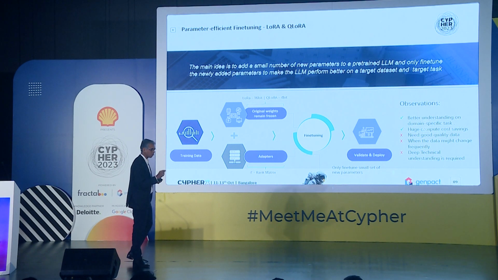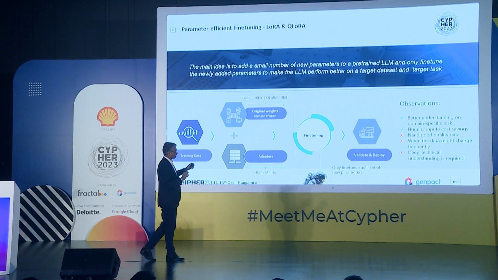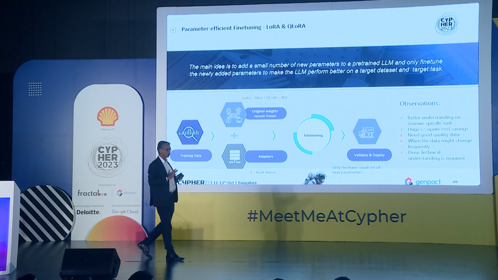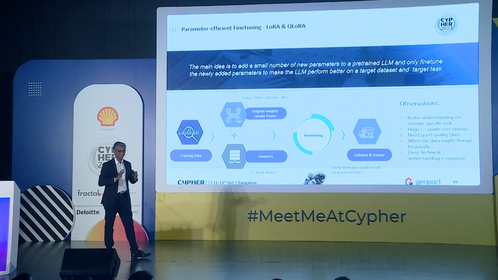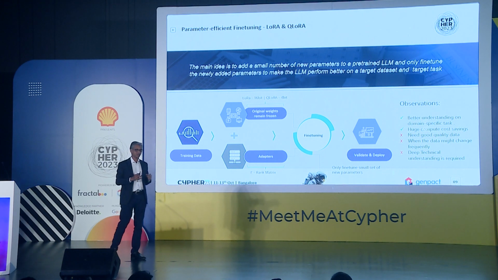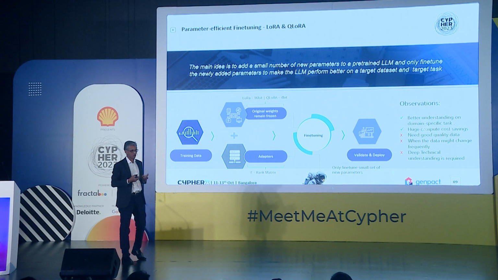So then what you can do is, you have a master copy and you attach a new matrix, and that matrix will be fine-tuned. Then when you do the matrix multiplication, the final outcome will be decided. So therefore, this point will help you to remember the concept of LoRa. Fine-tuning the gigantic model is not required. We attach a small matrix, only fine-tune that. So this is what we did.